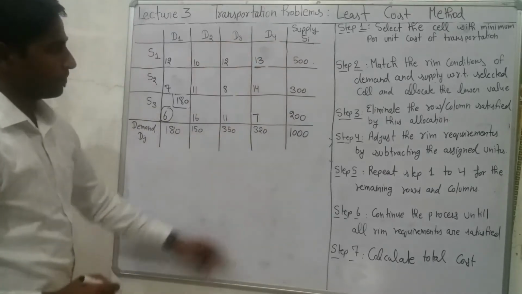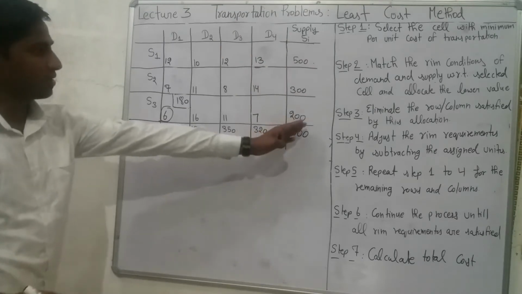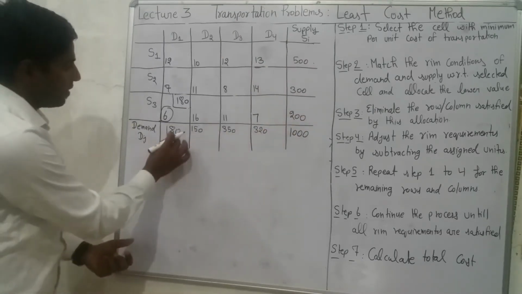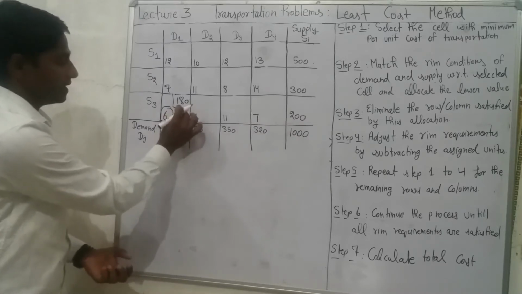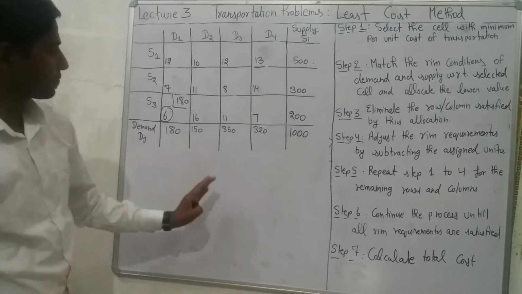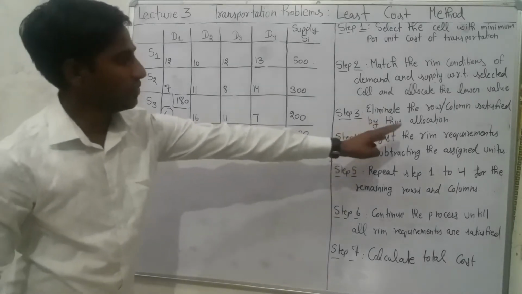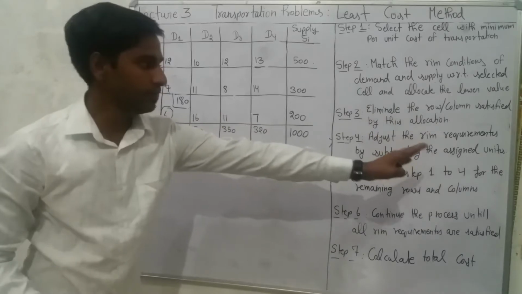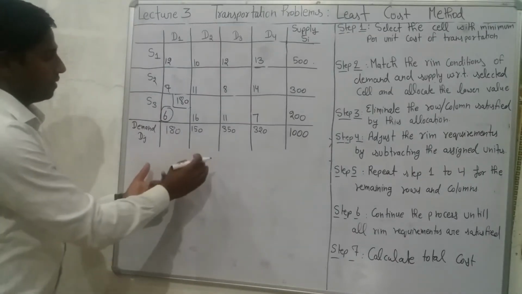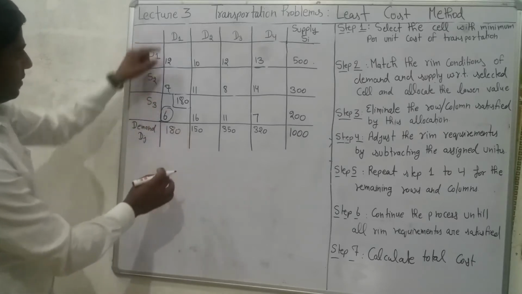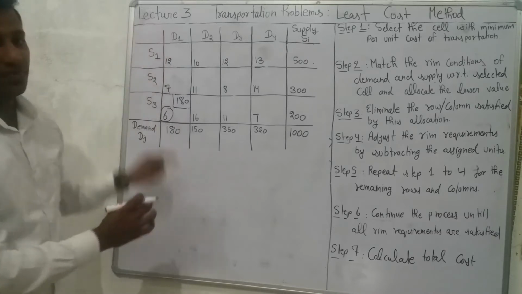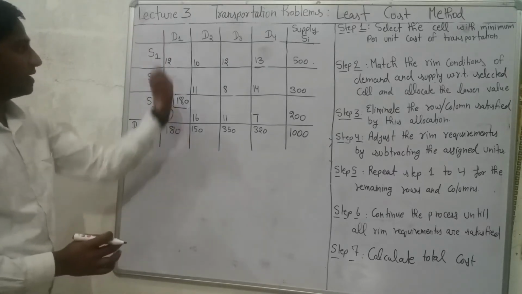Okay, so we have compared the supply and demand conditions, and we have allocated 180 units in this cell. Now in next step, what we have to do? We have to eliminate the row or column satisfied by this allocation. So in this case, the column 1 that is headed by D1 is satisfied because the quantity demanded at destination 1 was